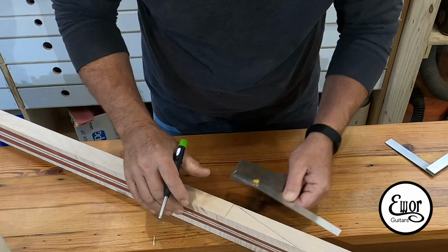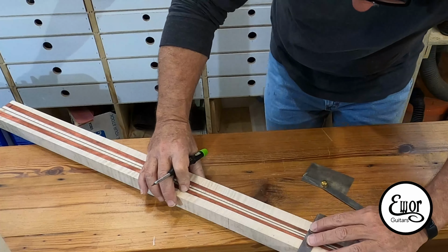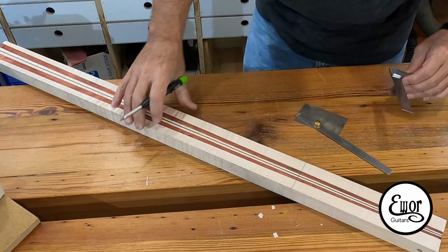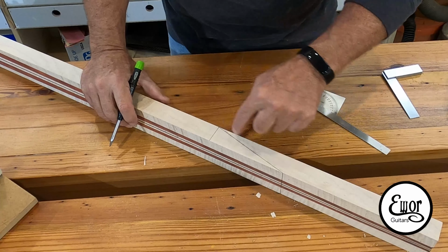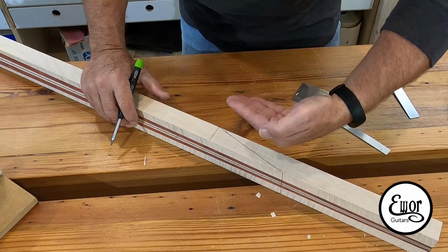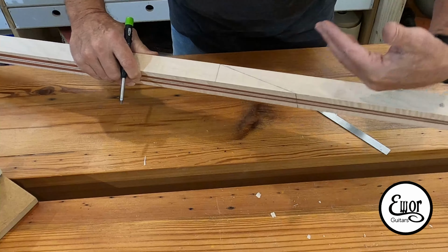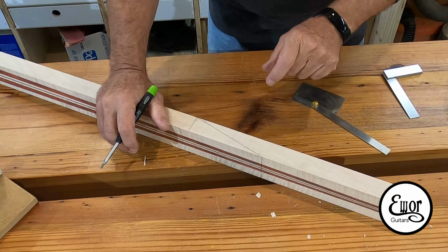That is going to be my cut right there, okay? Just for the heck of it, I'm going to go ahead and square this across the back. All right, so now this piece is going to cut at that angle. We're going to flip it over and glue it back down so it's now laying at this angle right here. Now obviously that's 1.25 inches thick and that's too thick, so we're going to also